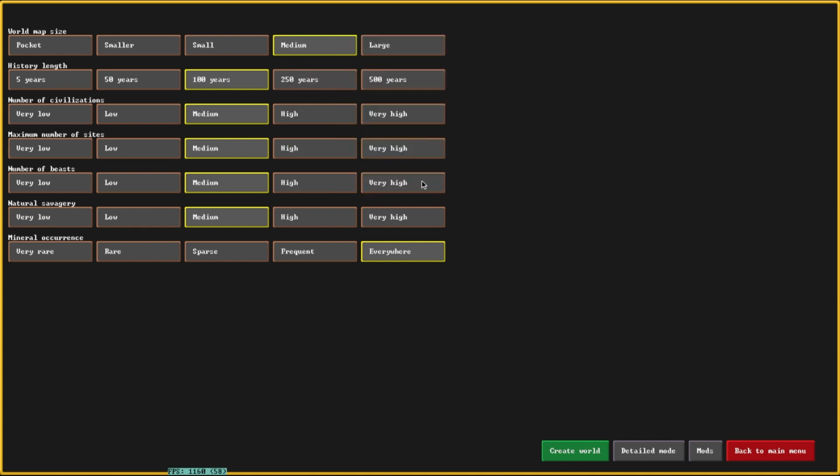So when you generate a brand new world, if you are running on a lower power computer, consider generating a smaller world. Now, what this means is whenever the game is constantly processing stuff in the background as you are playing, the game is kind of thinking about what's going on in the rest of the world. It's not processing every individual dwarf in their location or anything insane like that, but it is doing a lot